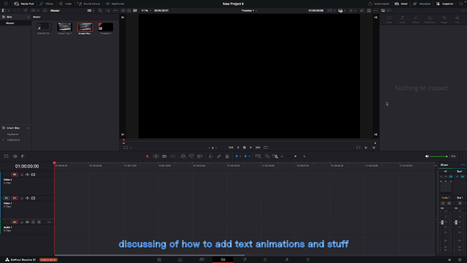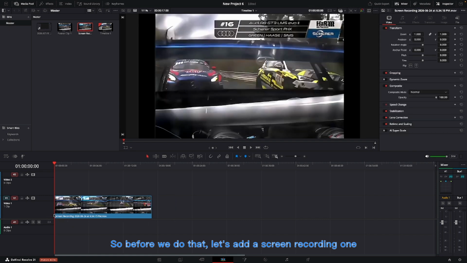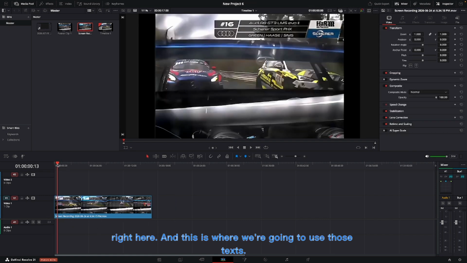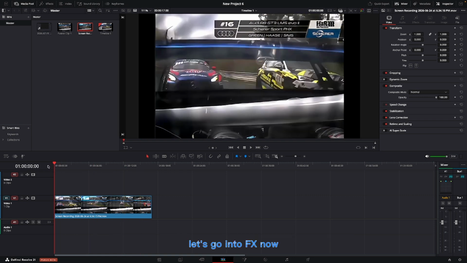We're gonna be discussing how to add text, animations and stuff in DaVinci Resolve. So you're gonna go into text or effects. Before we do that, let's add screen recording 1 right here, and this is where we're gonna use those text. Let's go into effects now